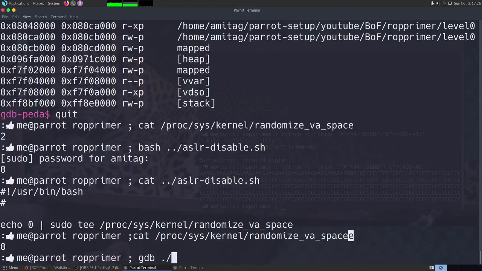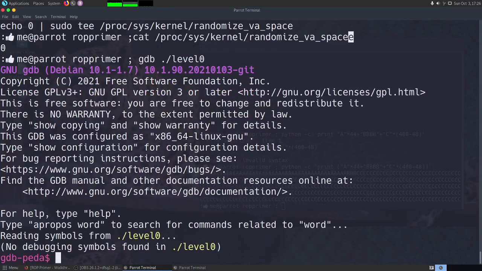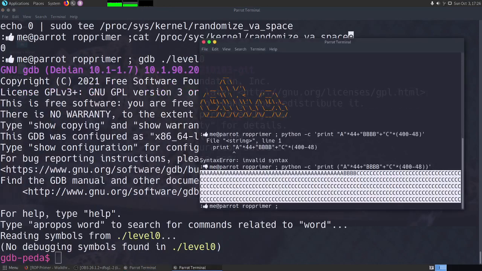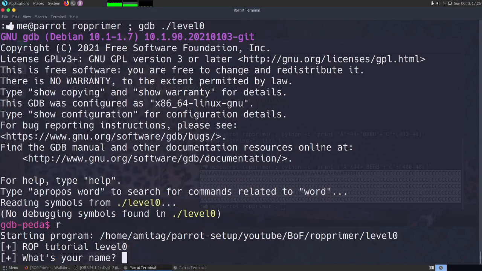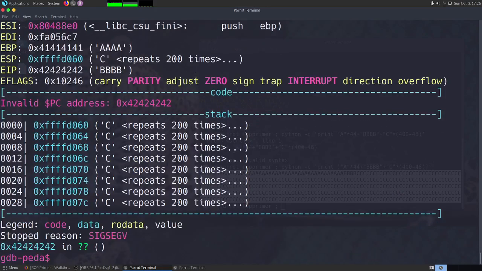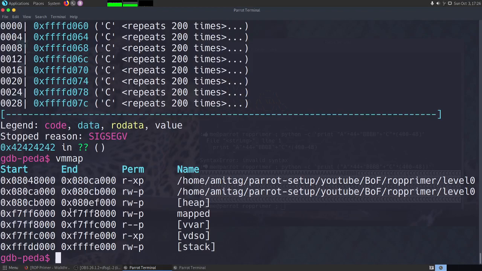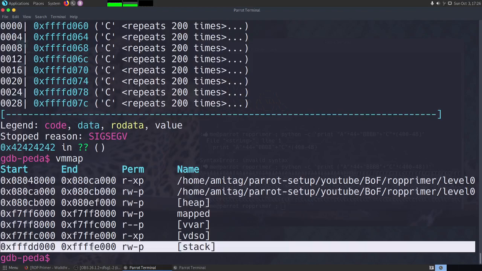And let's open this again and copy this, run it. We can see vmmap again, and this is the stack that we are looking at.